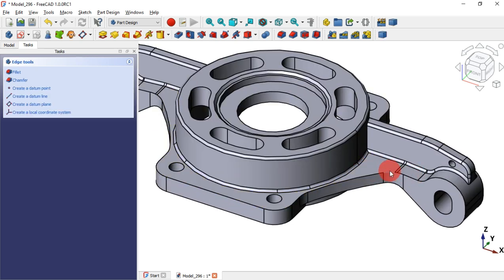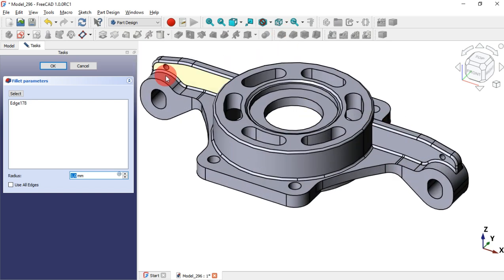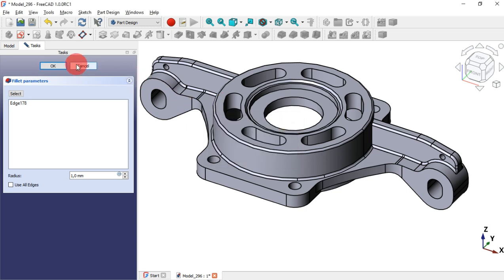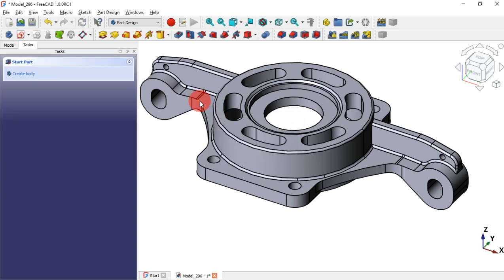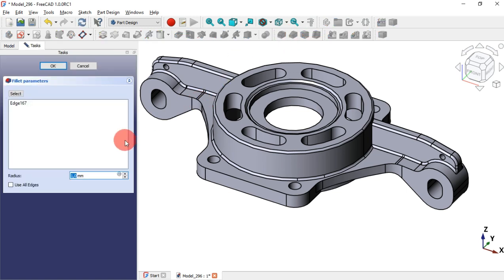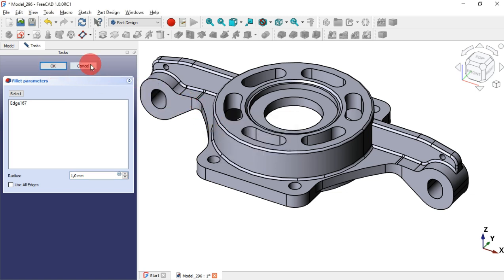Okay, next let's create a fillet in this edge here. Just select this edge and now fillet tool. And as you can see, it's not working. So if we click OK, we get this input error. Okay, let's try in this edge here. Select this edge and now fillet tool, and we get the same problem. Okay, cancel this operation,